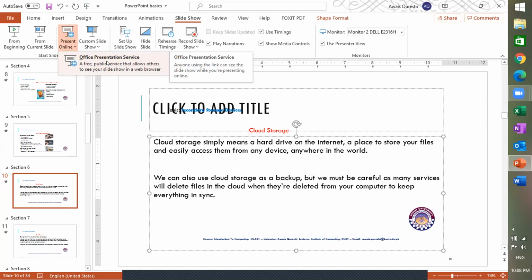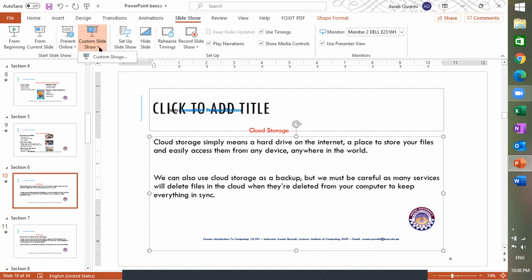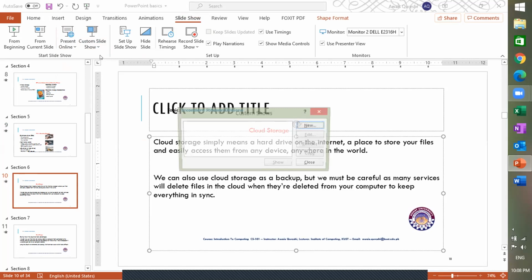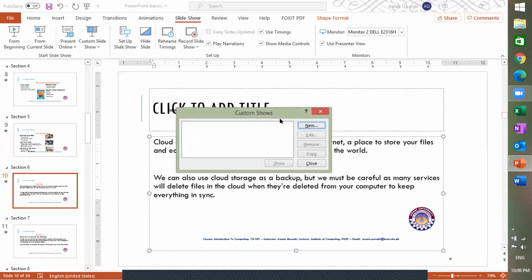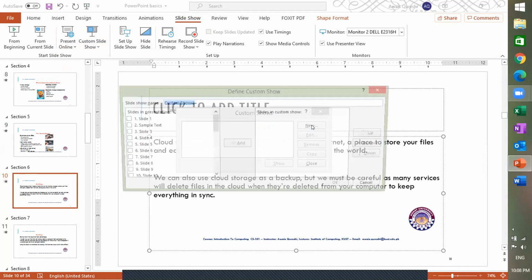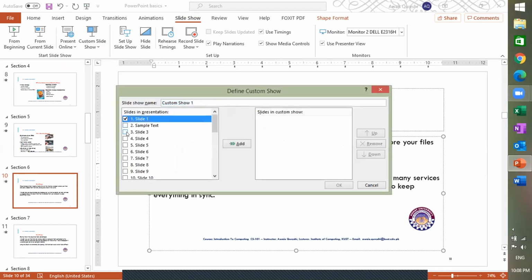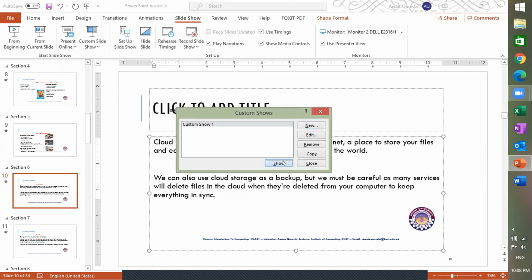You can also configure custom slideshows. Let's suppose there are 100 slides in your presentation and you want to create a 50-slide presentation, then you can use this Custom Show option. So you can select, let's see, I am selecting slides, then adding, and then OK, and then show.